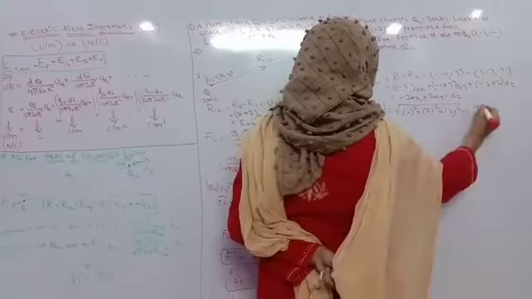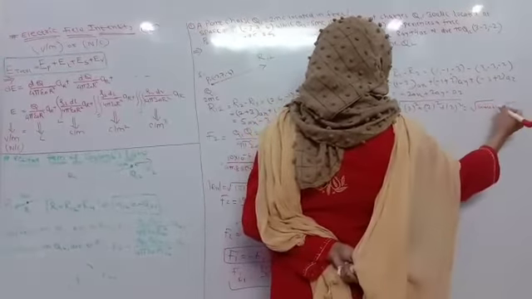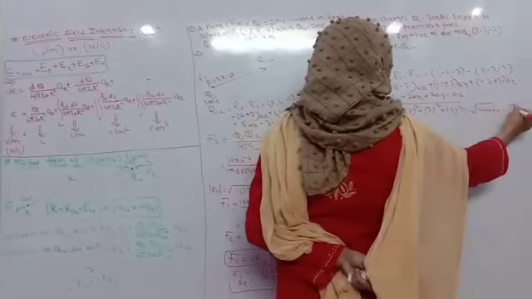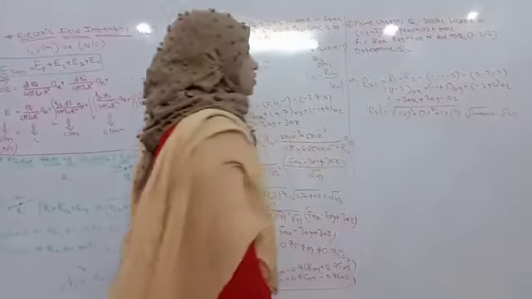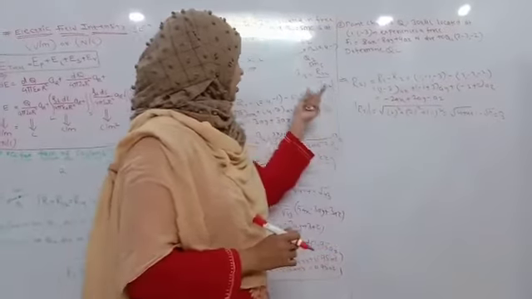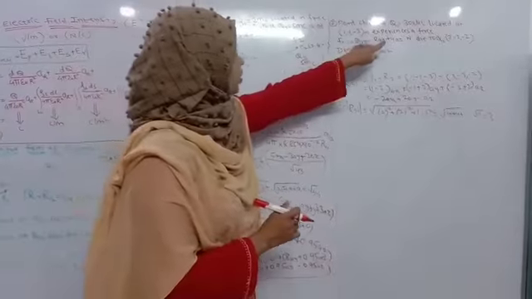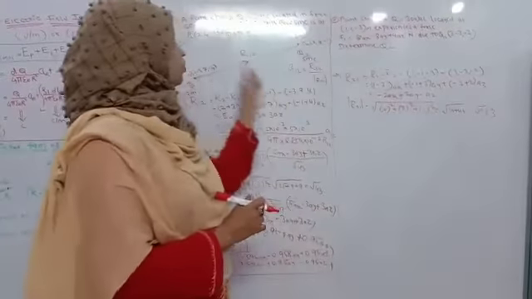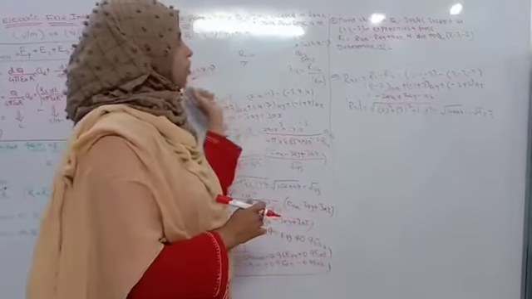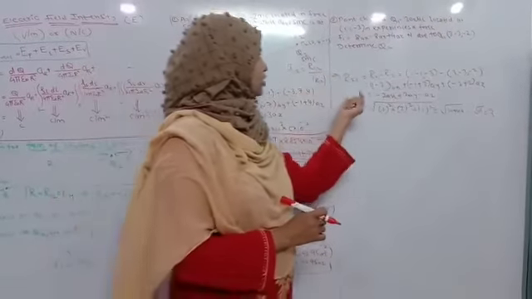What will be the case? Here 4 and the 4, so root of 12. We have calculated the distance between the 2 points. It's a similar question, only the change is that Q1 will be 300 microcoulomb. Q2 you need to calculate. P1 will be these points and P2 will be these points. Only thing, we are going to calculate in the opposite direction.